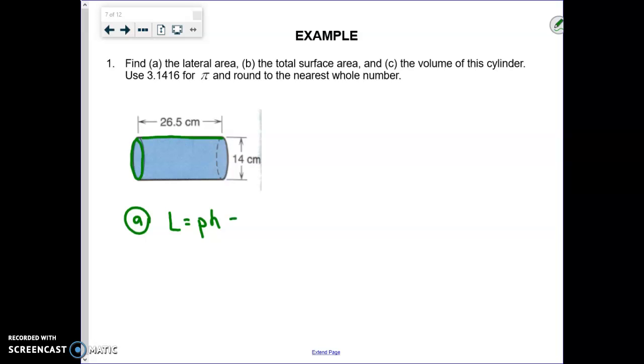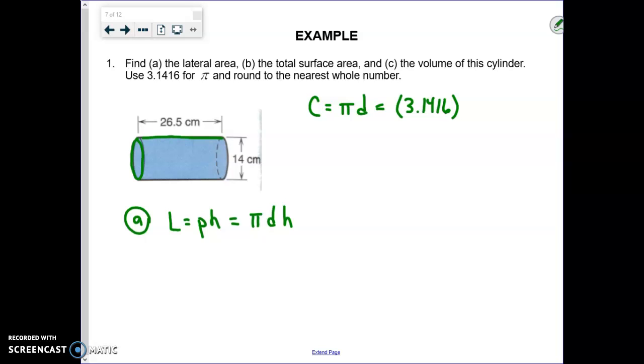So what you may see in your formula sheet, perimeter of the base, if you remember, perimeter of a circle is just circumference, and that's equal to pi times diameter. All right? So you may see pi times diameter and then times the height on your formula sheet. And that's fine. You can use that. So if we take a look here, perimeter of the base, if we take pi, which it tells us to use 3.1416,